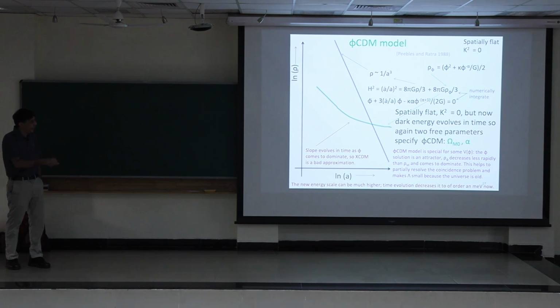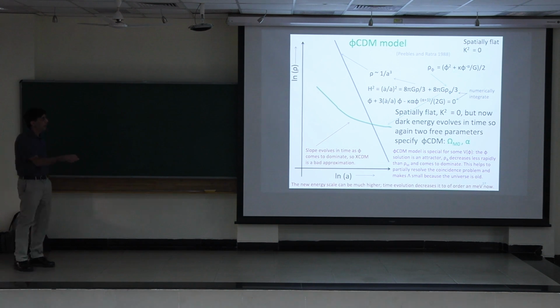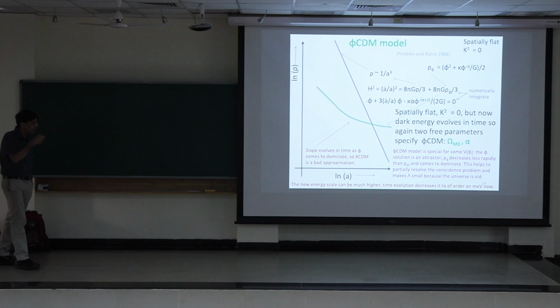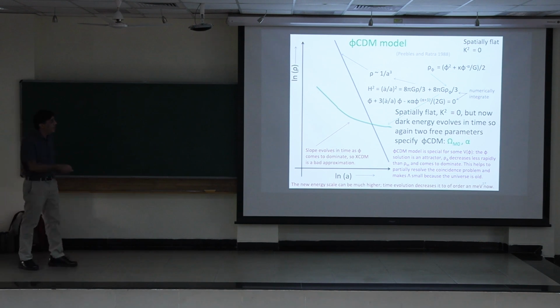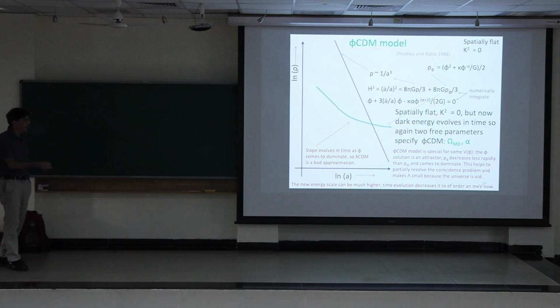You can make this a physical model by introducing a scalar field. And then you have the Friedmann equation. You have ordinary matter and baryonic matter, that's the blue line. And then you have an energy density from the scalar field that has a kinetic piece. There's a dot there, so that's phi dot squared. And a potential energy density, and I've chosen an inverse power law potential energy density. Because this is a dynamical field, you've got to introduce the Klein-Gordon equation in the expanding universe. So you get phi double dot plus the Hubble drag term, plus dV d phi.